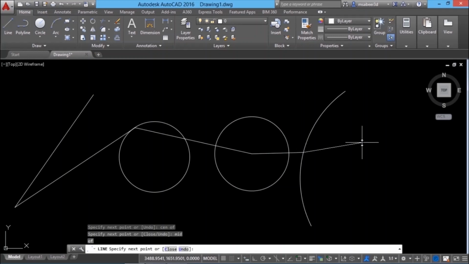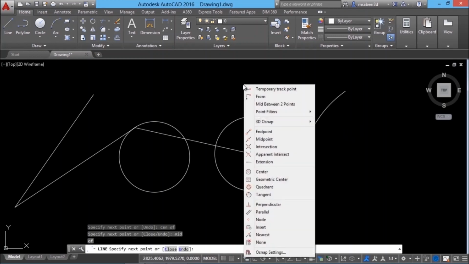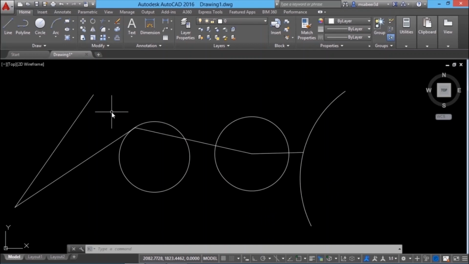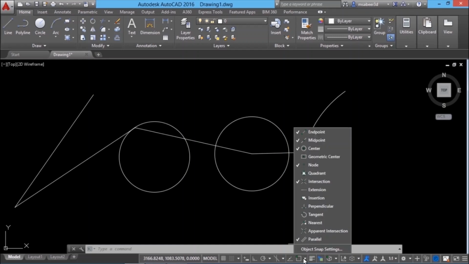And this is how you use the normal mode of object snapping. In this mode, whenever you want to pick a point, just shift right click and you can select the desired qualified point from this menu. This will become inconvenient whenever you want to pick a point repetitively. For example, the endpoint, midpoint and center point you may have to use several times while creating a drawing. Such points can be always kept active over here. I'll activate endpoint, midpoint, center point and all those frequently used items.